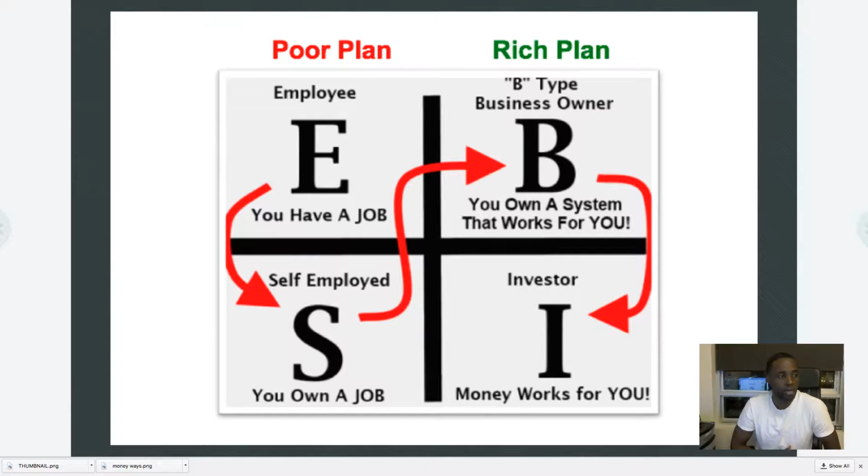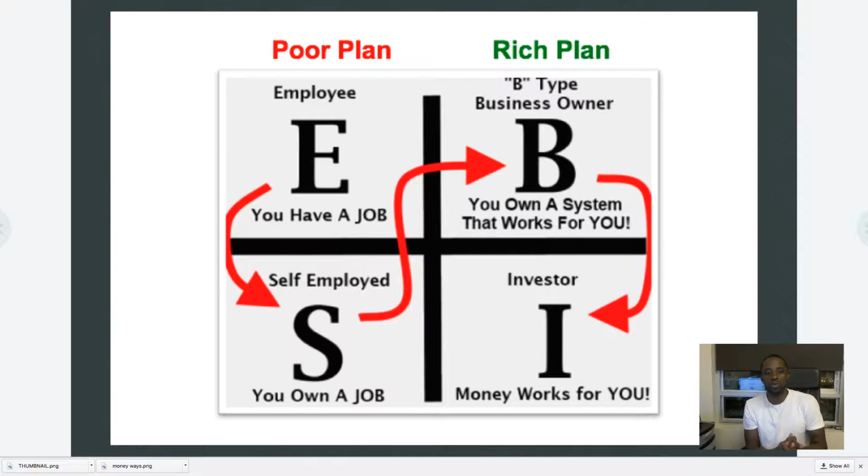Even if you're an employee making, let's say, $1,000+ as an employee, now you're working a lot harder for something that you don't own. And any minute that person can fire you. Also, in this country, tax-wise, as an employee you're making over $250,000. I mean, if that's something you want to do, that's something you want to do, but that's a poor plan if you look at it all around. We'll talk about that a lot later in a whole lot of different videos, but that's an employee.